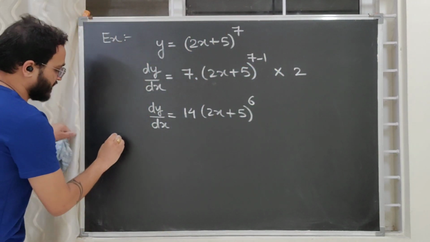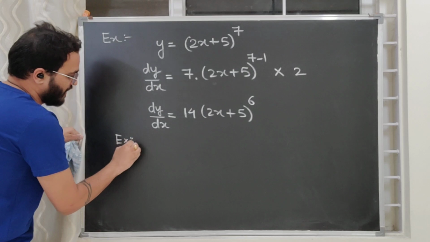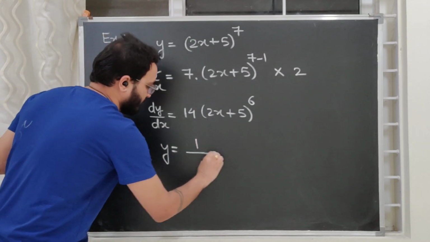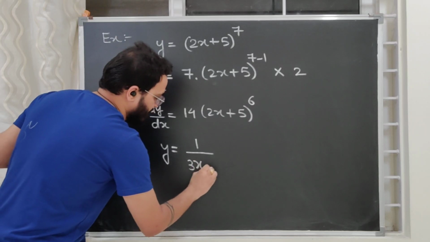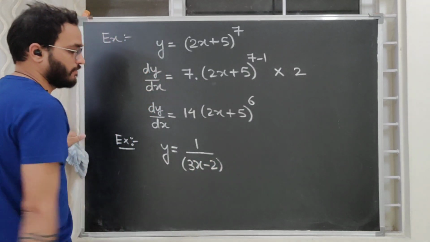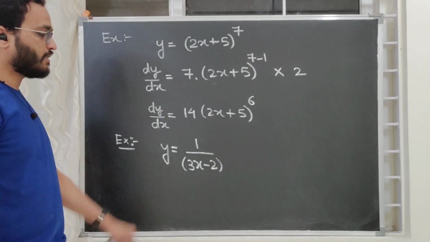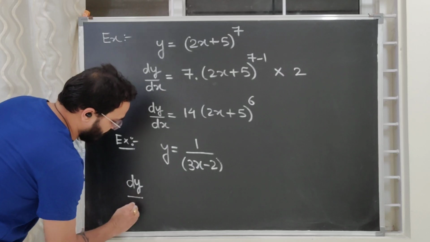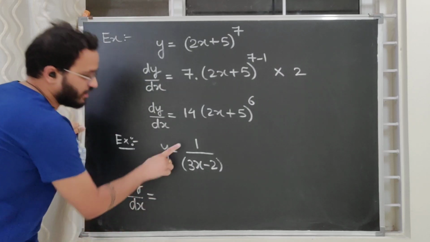Okay. Let's take one more example, and this is a very common example. 1 by, suppose, 3x minus 2. That's all. Now differentiate this. Now this is a very good one. Now you will say, sir, it looks like...